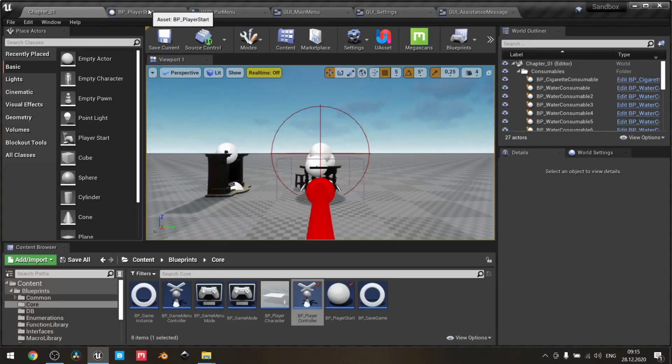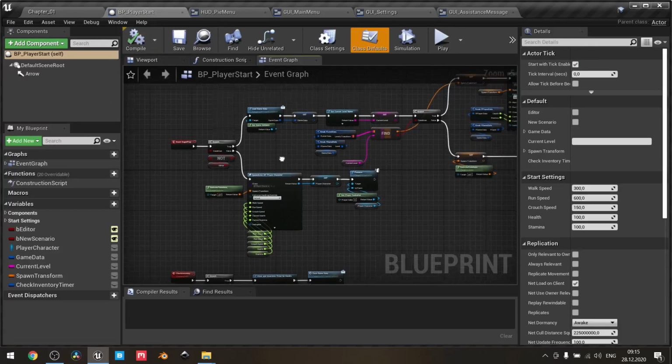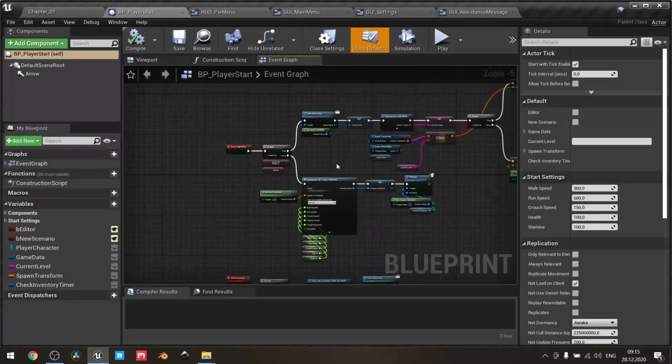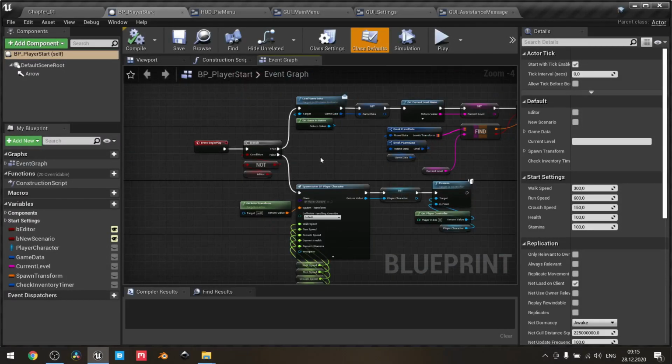Now let's go to player start. Actually, you can skip this step, but I need to show you that my system is very expandable and you can have a very big amount of various scenarios. For instance, if you want to have the transition right after some video about your game, so there are some changes and you don't need to use the inventory from the last checkpoint and your last attributes. For instance,